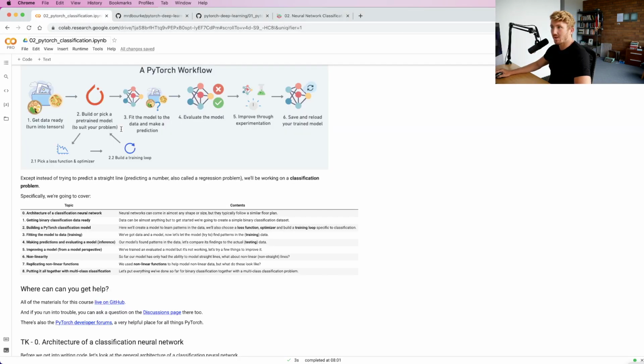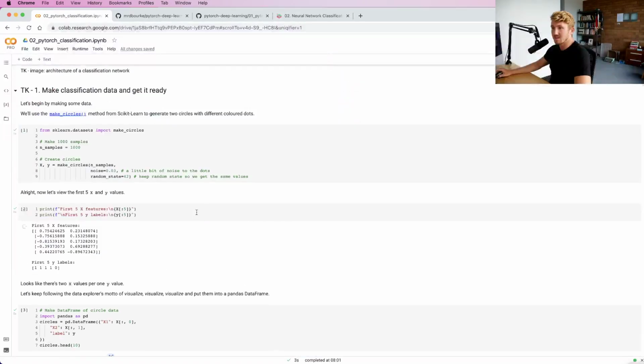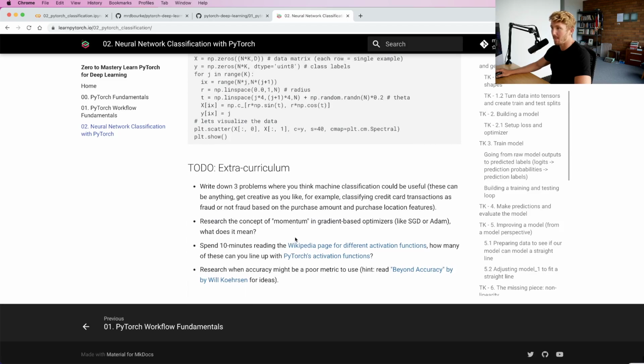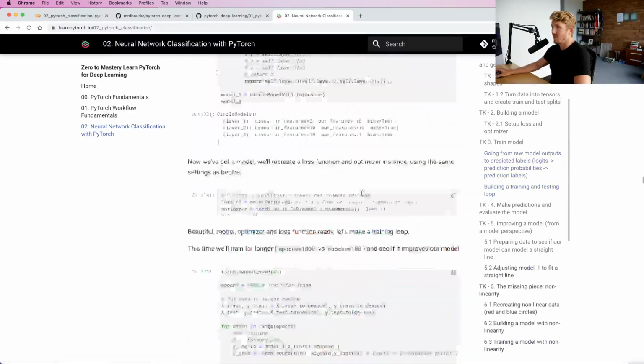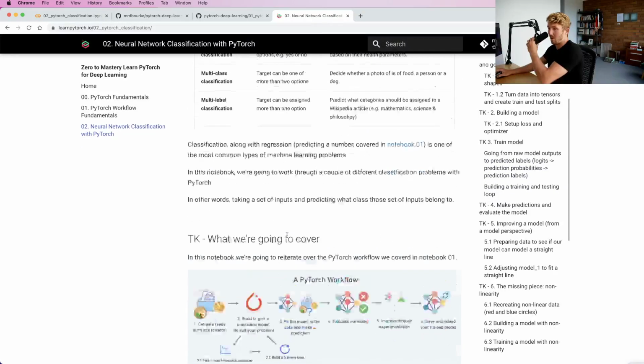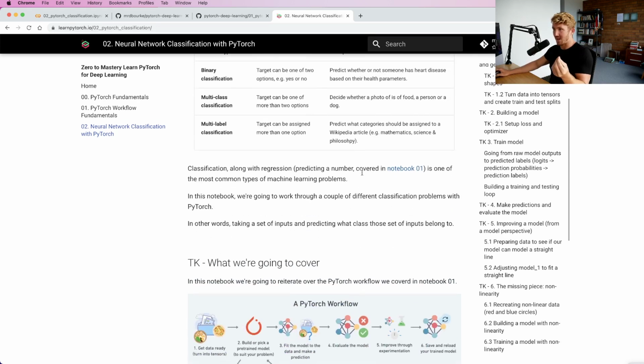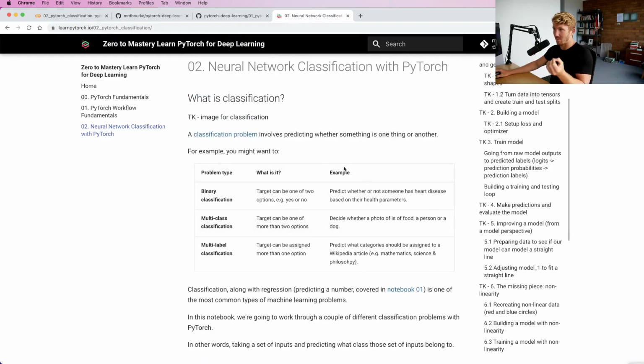So I've got all the code here. This notebook gets built into this online book. Then we've got all the headings here. We're going to be working through a PyTorch workflow. Step 1, get data ready, turn it into tensors. Step 2, build or pick a pretrained model to suit your problem. 2.1, pick a loss function and optimizer. A loss function measures how wrong your model is. So if you're trying to predict something, classification,